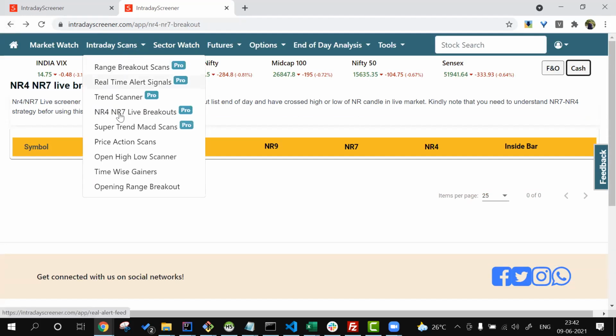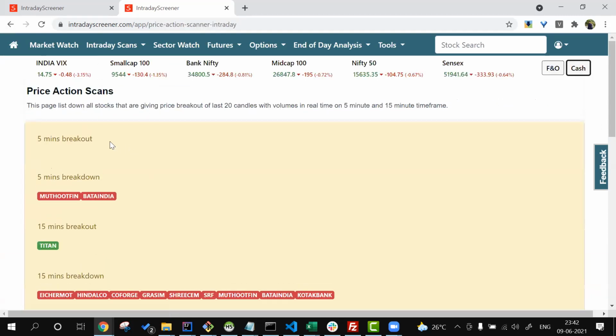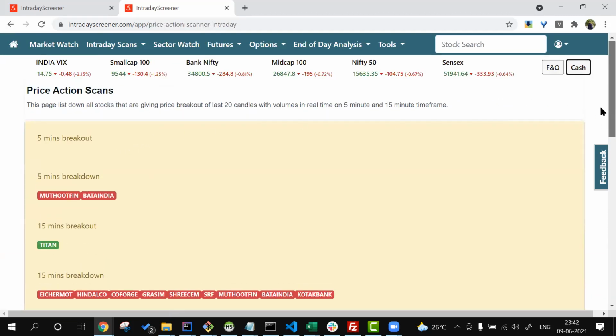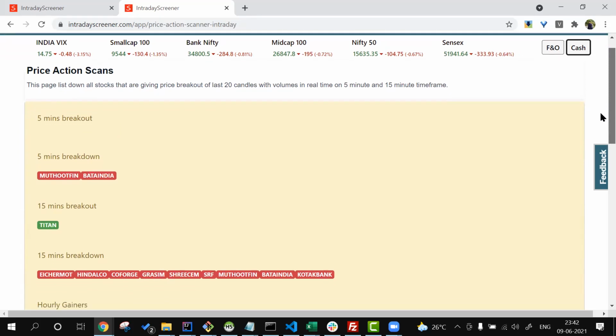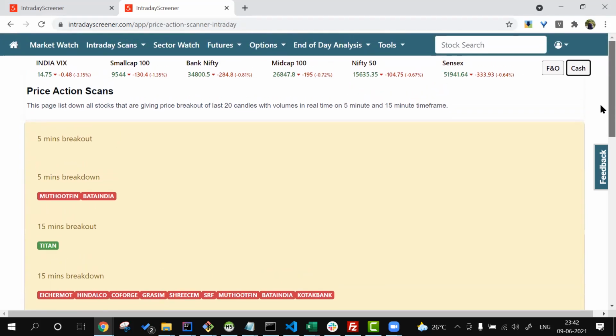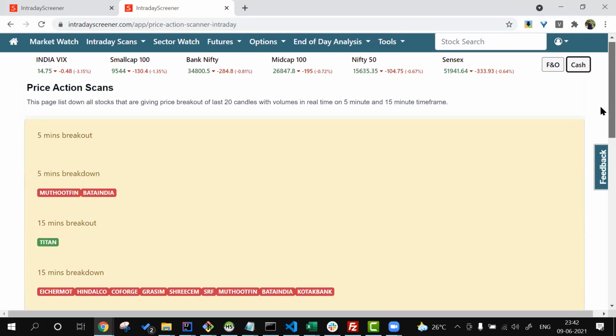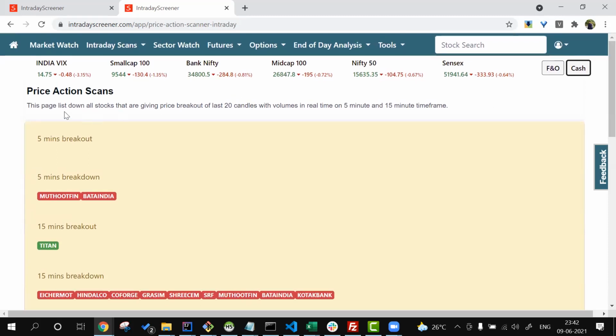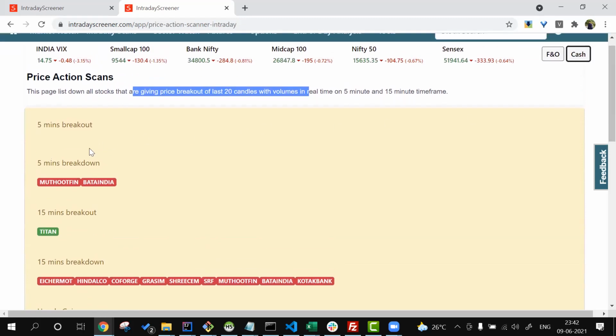Similarly, real-time alert is another one of the more popular scans, price action scan. Price action scan is basically giving you all the stocks which are showing breakout or breakdown on a 5-minute or 15-minute chart. Usually, as you can see listed here, these are stocks that are giving a price breakout of the last 20 candles with volume. For example, Muthoot Finance or Bata India is a breakdown of